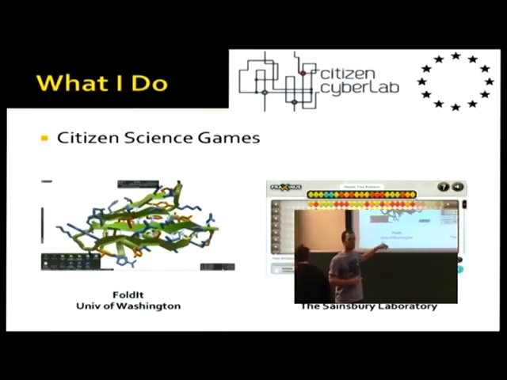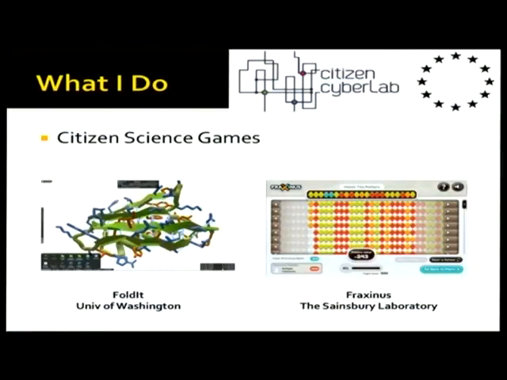There are some really famous scientific games that you've probably heard of. One is called Fold It. That's probably the biggest success in the field, about folding proteins. But there are many others along those lines. There are also a bunch of gene games, where we actually do sequencing of genes in order to help scientists when they're trying to understand extinction and the different ways that species are evolving.